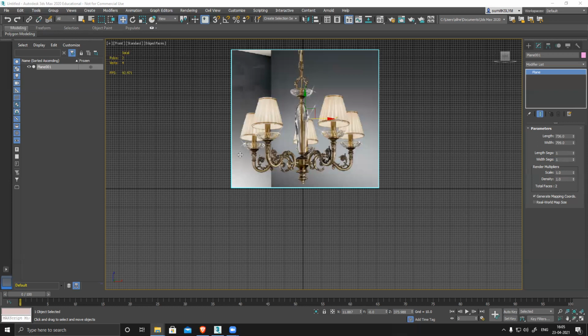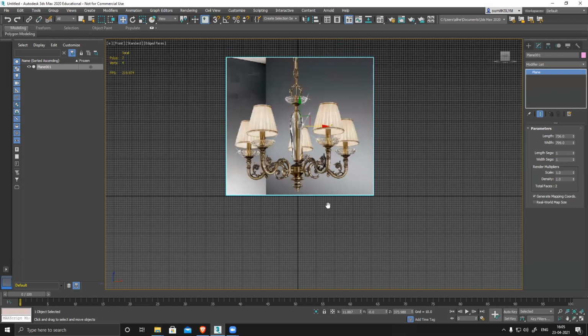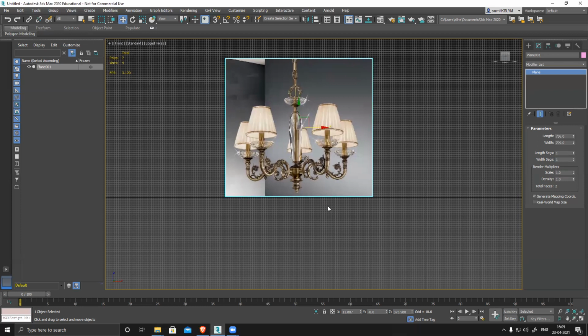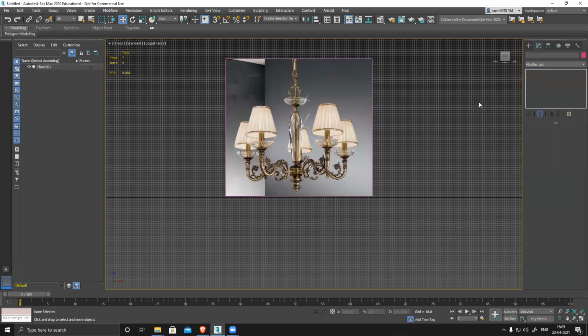That is one technique. For the down portion, I don't have any idea. We have to make curves out of it, and then we can put a lathe option. I'll show, don't worry. This is just a demo, I'll explain it.